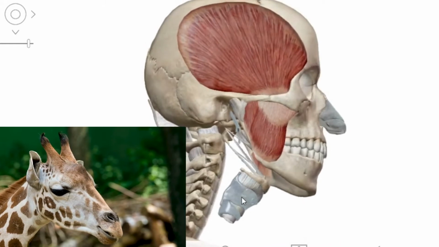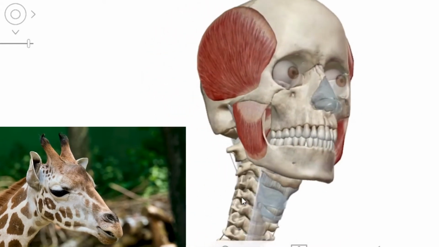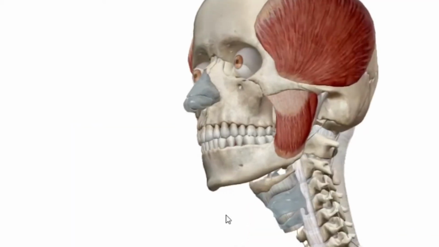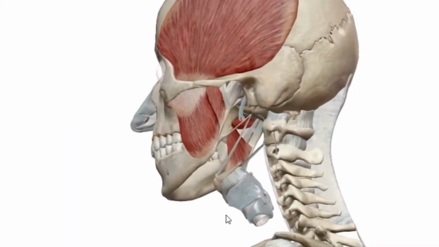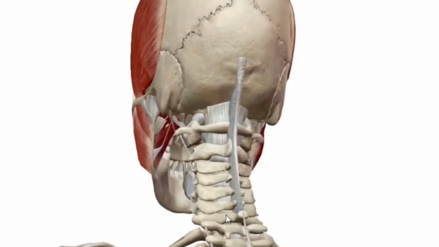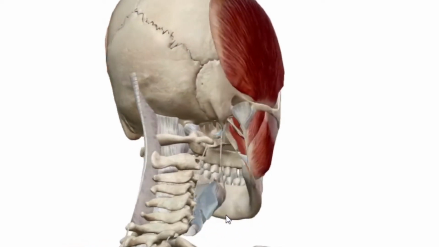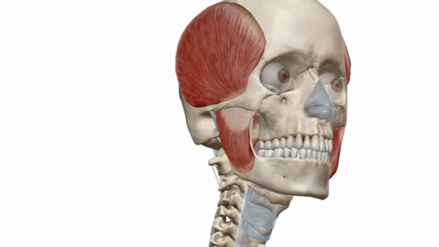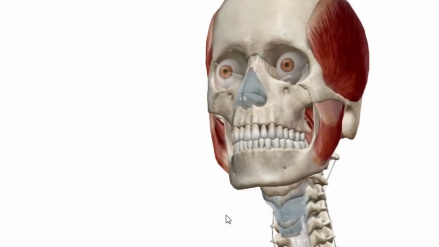But this is one word. Mastication and chewing movement include so many movements of the mandible. Movement of the mandible is carried out by these muscles of mastication. Different movements include elevation of the mandible, depression of the mandible, retraction, protraction of the mandible, as well as side to side